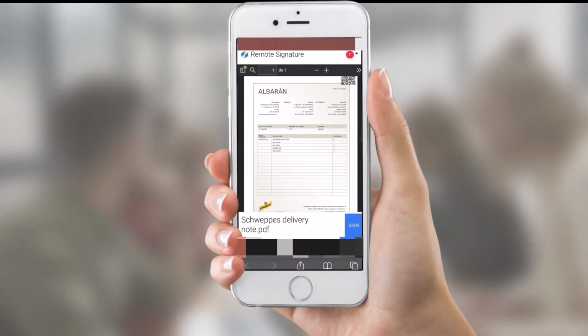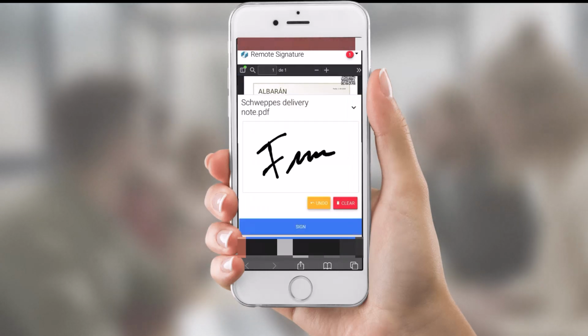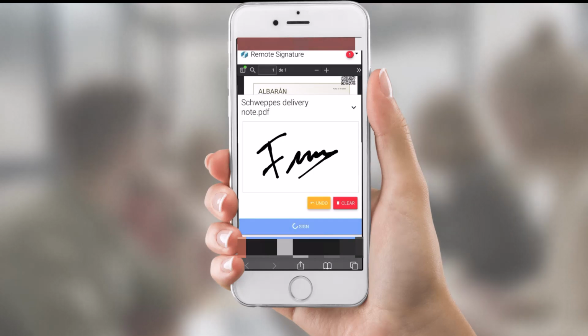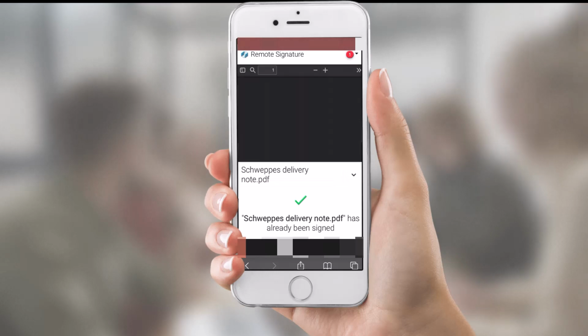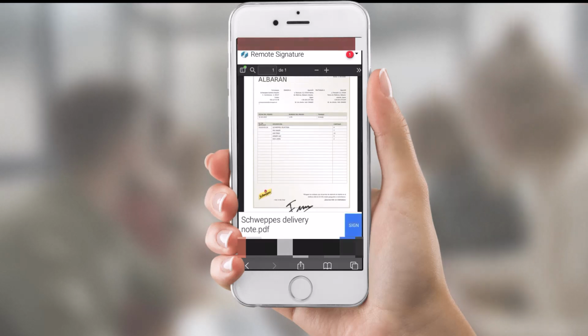If you wish to sign, click on the Sign button and the module will display the signature space so the user can insert their handwritten signature. As we can see, the module confirms the insertion of the rubric and shows the updated version of the document